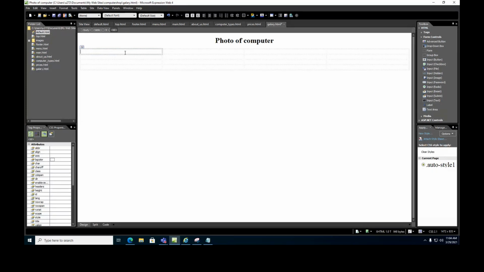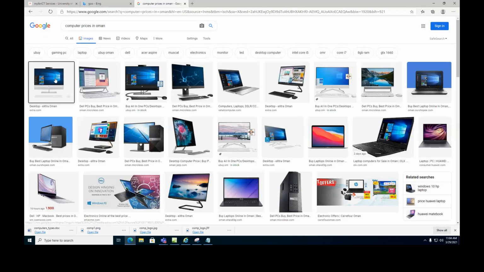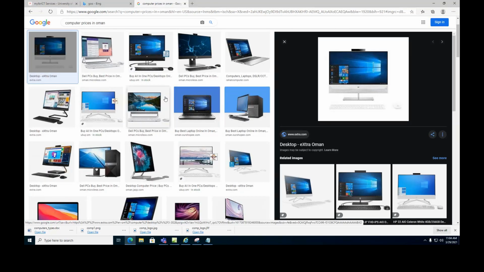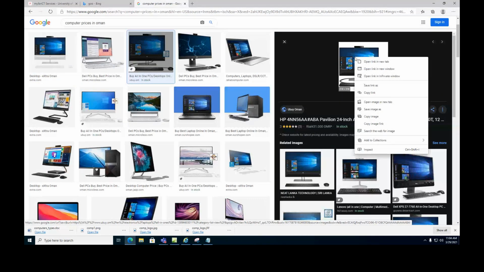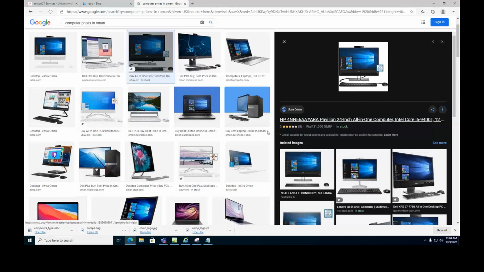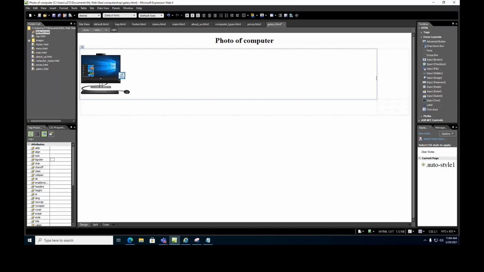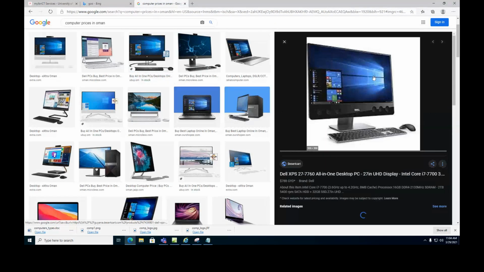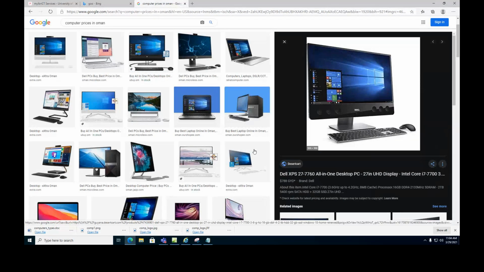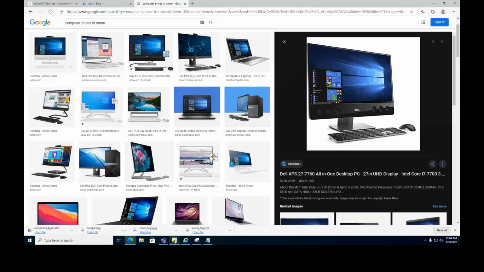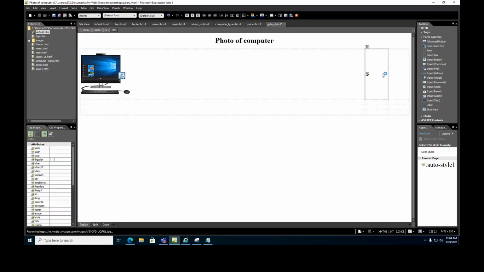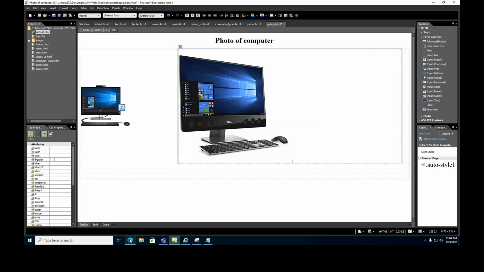Not coming, you have to click on it. Okay, you have to click on this computer here. Let me choose something, this one here. Say copy image. I'll try to paste it there. See if it's work. It does work, I think. Yeah. Okay, and then add another one here, same way. Let's say this one here, copy image, and go back to the program here, paste an image here, and right